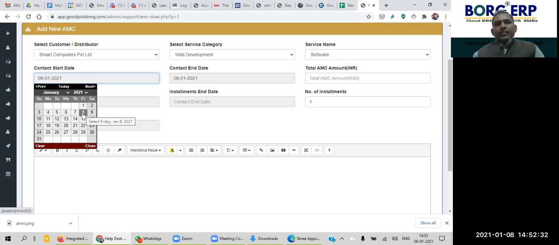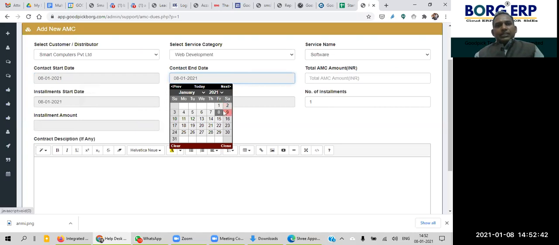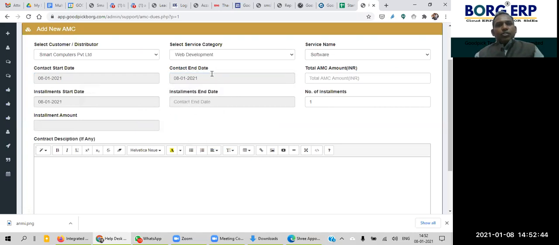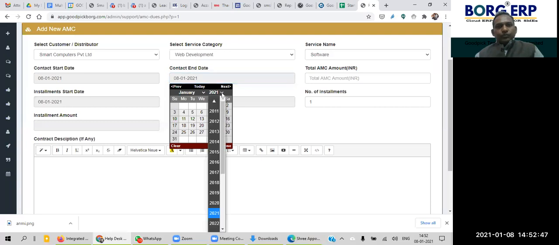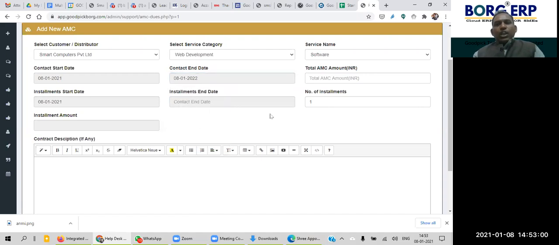We can put the contract start date, for example, today's the 8th, so it starts today and will end on the next 8th, in 2022. So this contract will expire on the 8th of January 2022.